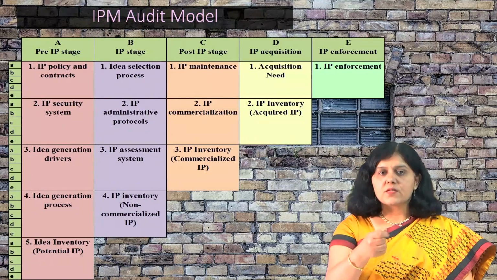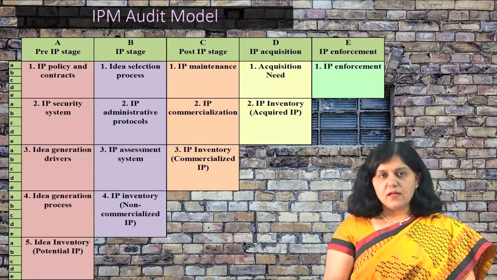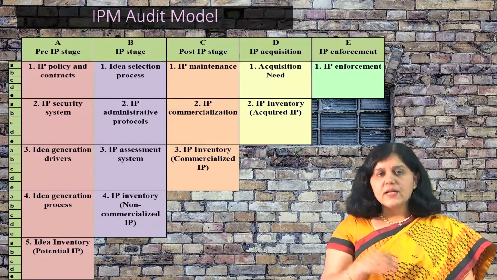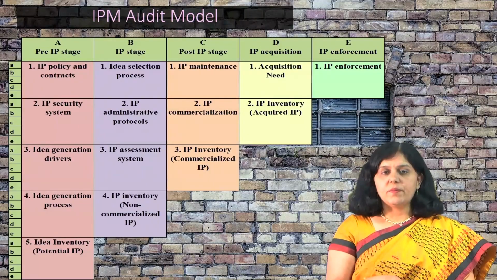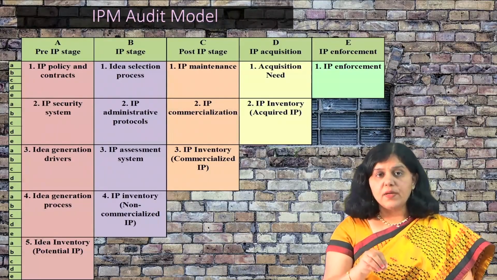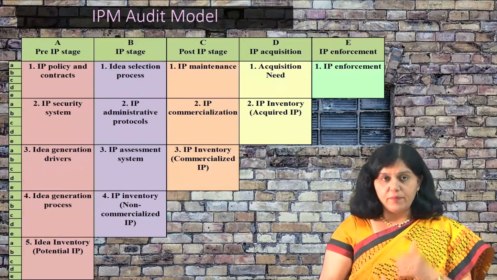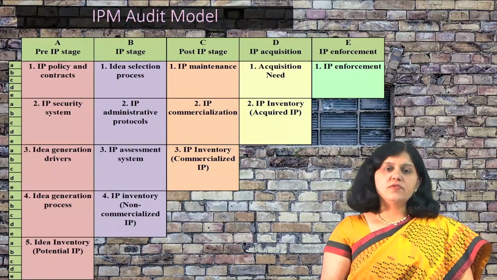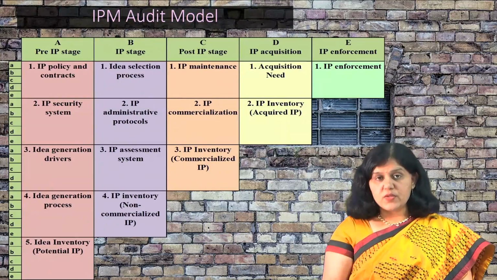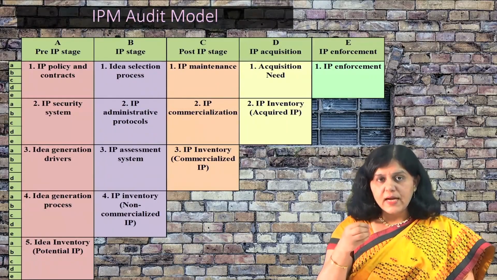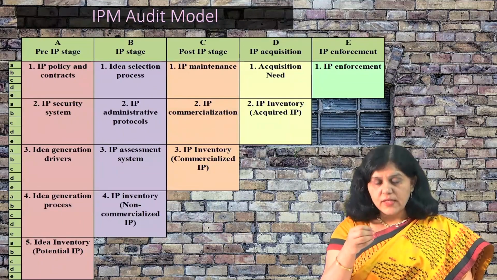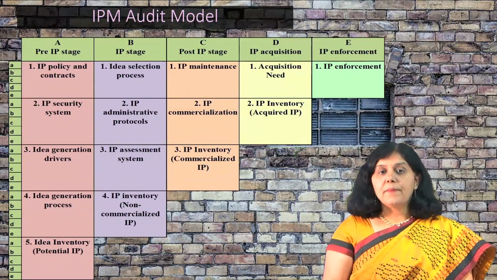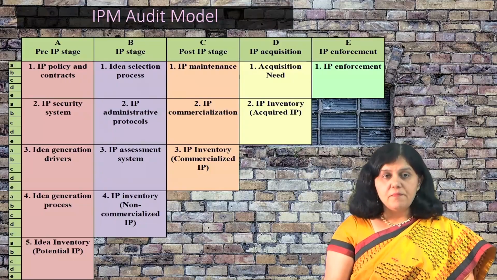I guess it is numbered 14. You just check that paper. You can start reading from section 5 of that paper, which talks about the IPM audit model development. You just read that part. You will get the details of these 15 processes. You can go through that, select the parameters from it, and develop the metrics.